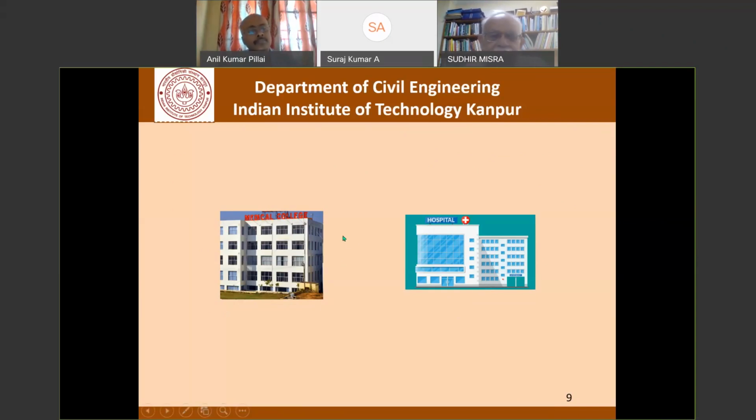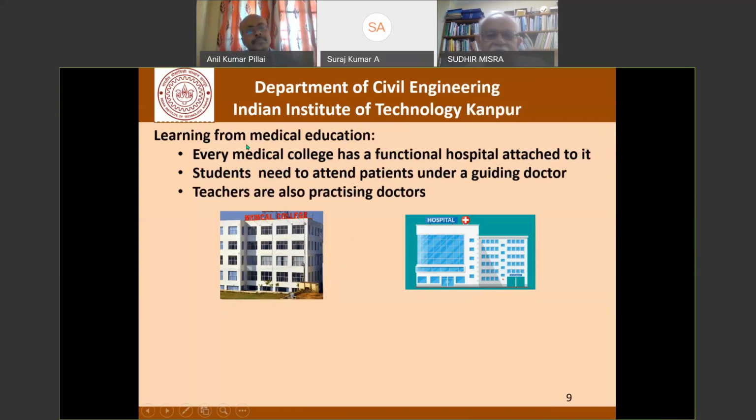So for any medical college worth its salt, there is a functional hospital attached to it. The students need to attend patients under a guiding doctor. Please take it with a pinch of salt. I'm not saying that if you go to a hospital, there'll be students attending; I'm sure there are protocols by which teachers tell students. But then the practice part of it, see, medicine also is a highly, highly